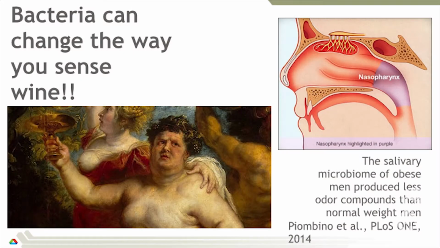So doing this in an Italian cohort, we took saliva. This is a nice little sideline, but I like this. We took saliva from obese Italians and from lean Italians, men only, and we put it in a jar and stuck a mass spec over the top of the jar and added some wine and sloshed it around a bit and measured the amount of hydrocarbons, the amount of aromatic carbons that were released from that mix. Obese saliva generates less aromatic carbons. By taking the genomes of the organisms in the obese saliva and the lean saliva, we could identify the aromatic hydrocarbon pathways by metagenomic reassembly of those organisms which were responsible for that release.